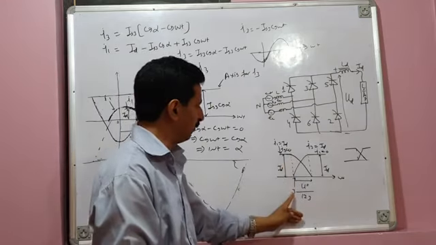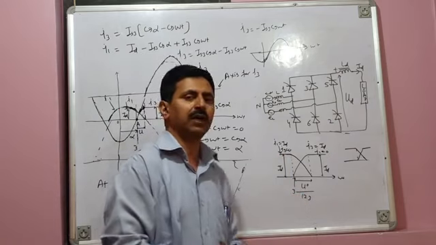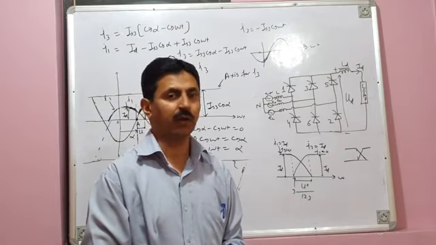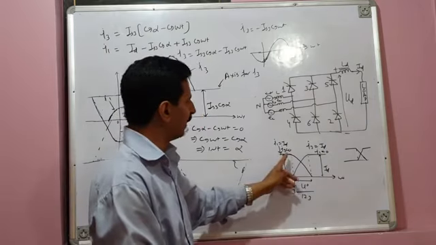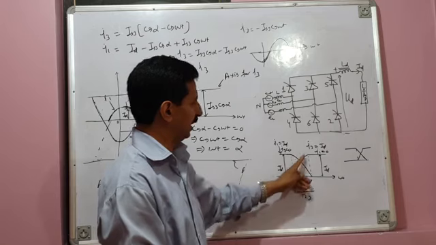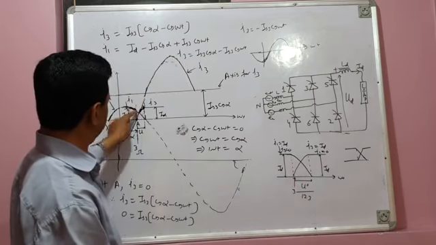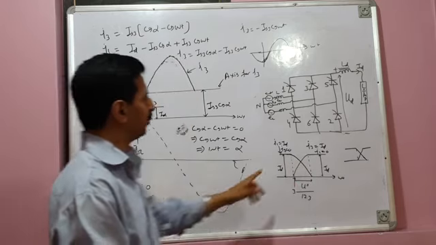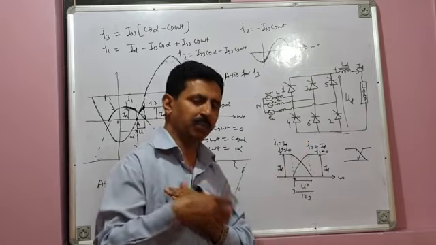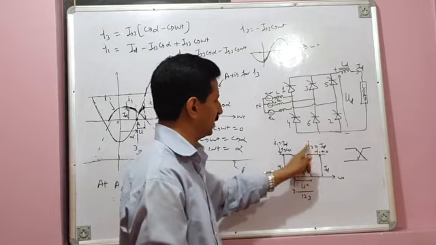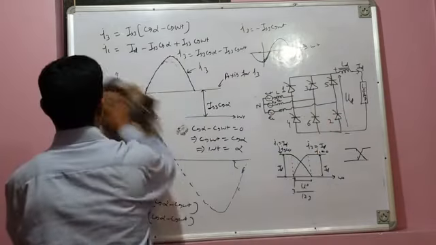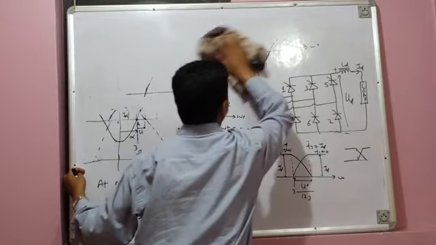So when valve 3 is fired here and 3 valve conduction takes place, there is commutation of current from valve 1 to valve 3. Current in valve 1 sinusoidally decreases, and current in valve 3 sinusoidally increases, and they follow this sine wave pattern. And at the end of commutation overlap, I1 has completely transferred current to valve 3, so I1 is 0 and I3 is equal to ID. So that was about valve currents and their pattern.